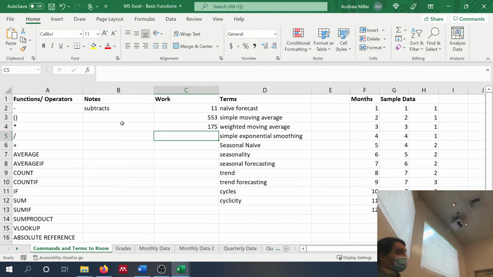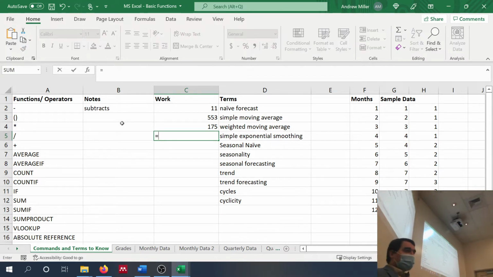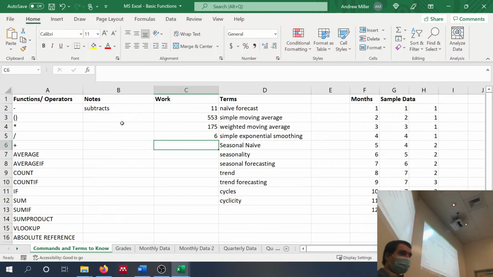We have the division symbol here. That's for division. So that's just going to allow us to divide two numbers. So, start off formula with an equal sign. Someone throw me a number. 18. One more number. How about 3? So it's going to take 18 divided by 3. Of course, that's going to give us 6. Okay, is everyone with me?